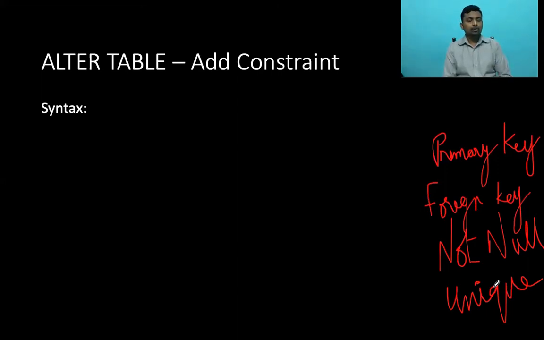So make sure that every table has a primary key and that it is representing the row. And don't make anything else a primary key. Primary key means it should represent the row, and there cannot be any repetition. That's very important. Okay, let's go ahead and see the syntax on how to create a constraint, how to add a constraint